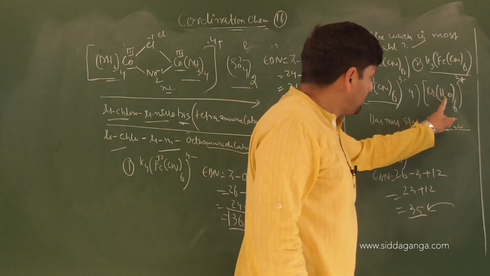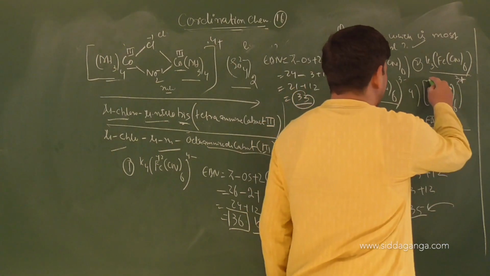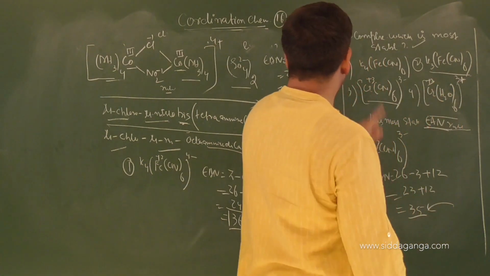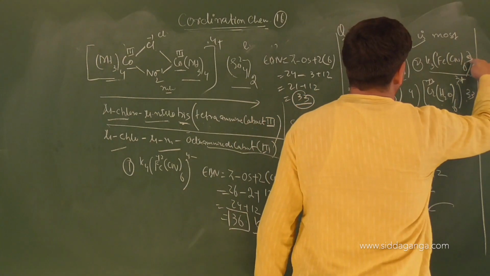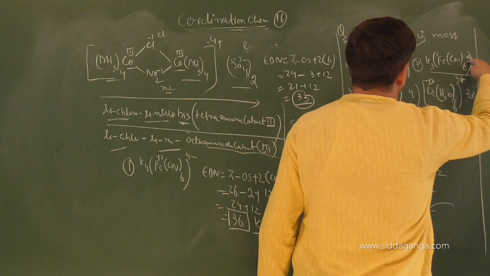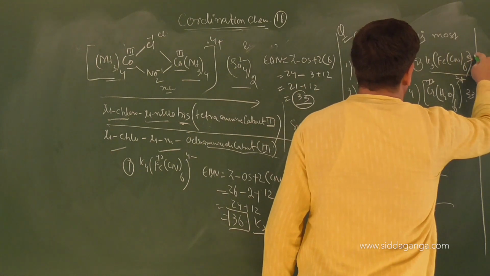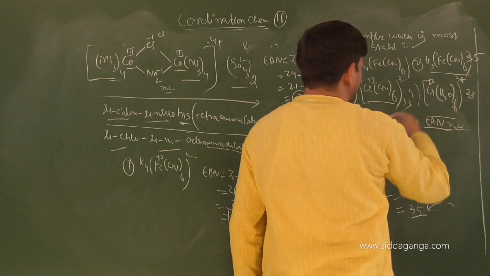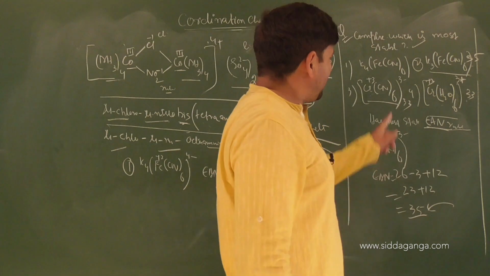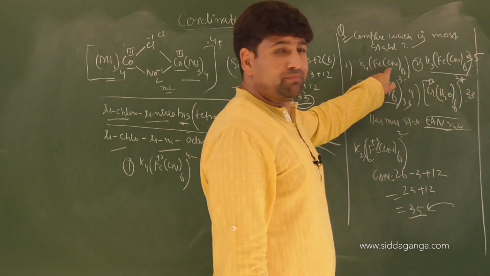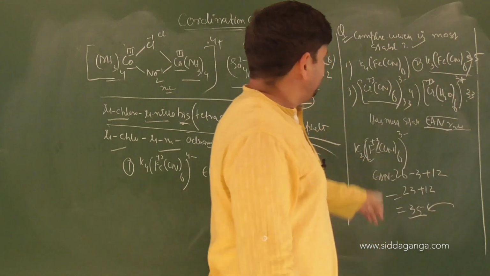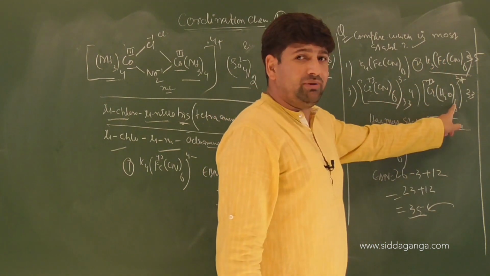Let us look at chromium [Cr(H2O)6] 3 plus. Again under the +3 state. This also will be 33. This one is 35. This one is 33. Now if you are asked to write down the stability order of these, this is 36, perfectly stable, followed by 35. But in 33 and 33 we have a competition.